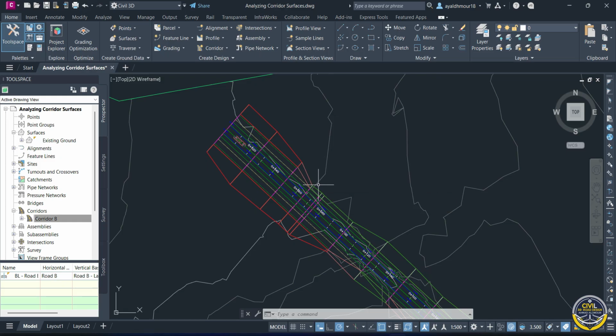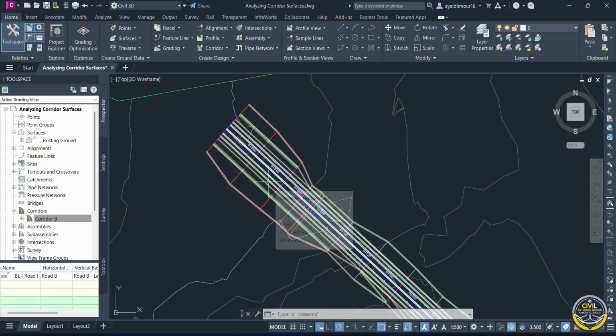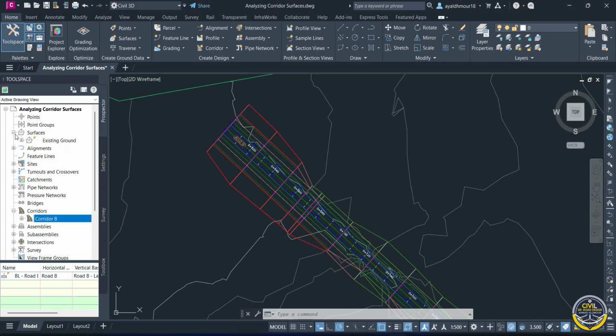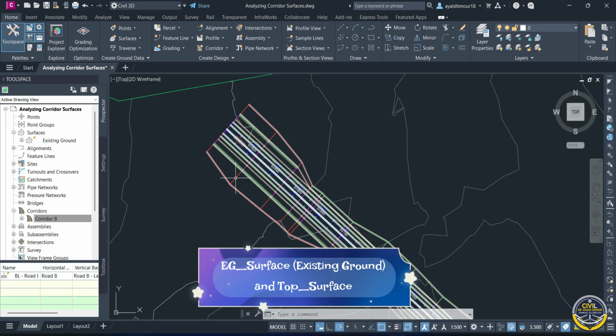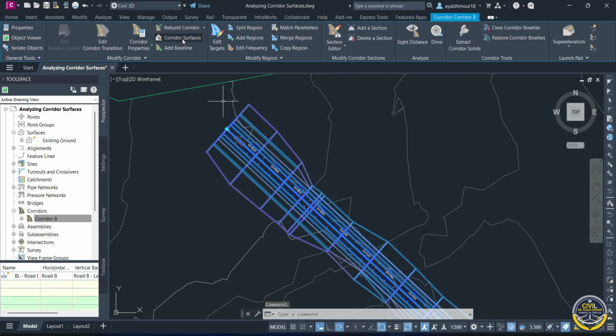First, we must ensure that the road corridor surface is created by expanding surfaces from here and ensuring that there are two surfaces, the existing ground and the road surface. We note that there is no road surface, so we will create it by selecting corridor surfaces,